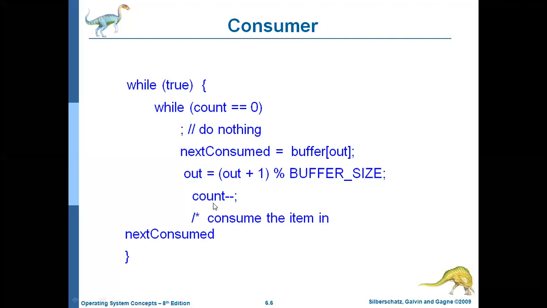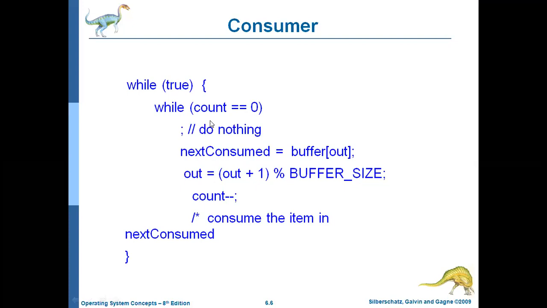After that, every time you perform one iteration, the count value is decremented by 1. Initially the count value is 5 here, so at the end of each iteration it goes 5 minus 1, again 4 minus 1, 3 minus 1, 2 minus 1, 1 minus 1. Like that, every time you decrement the count value by 1. So one item is removed from the buffer. Buffer of 0, buffer of 1, buffer of 2, buffer of 3, buffer of 4, all those are consumed, right?